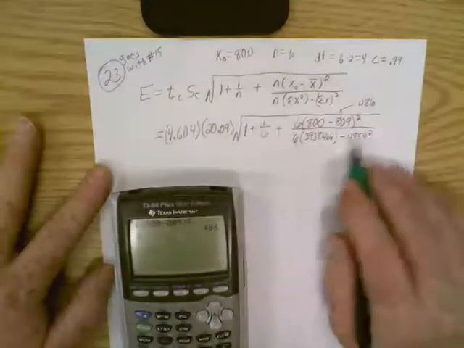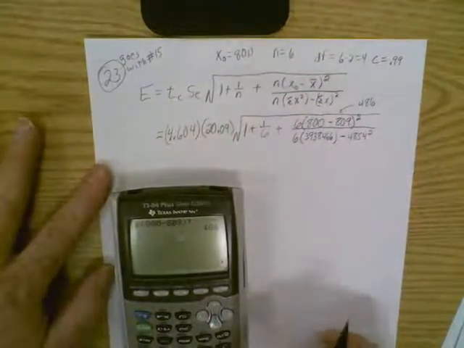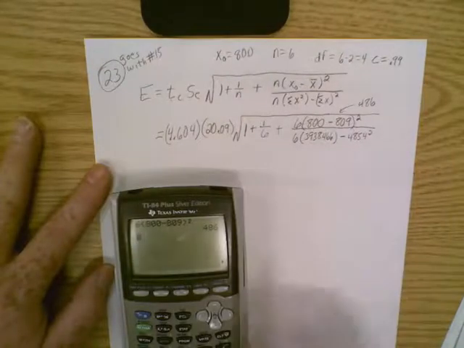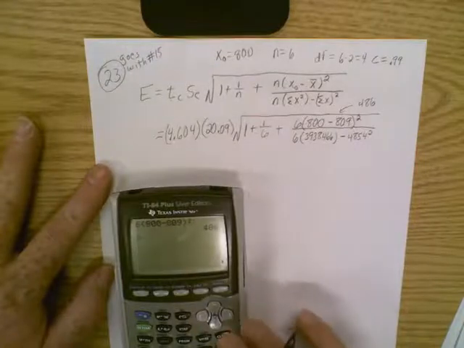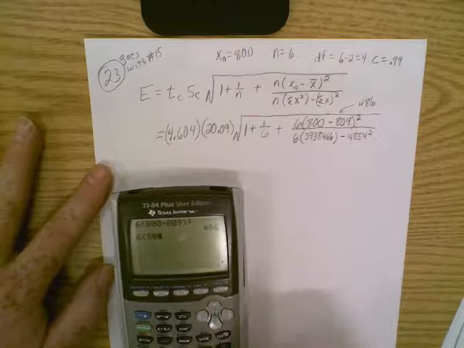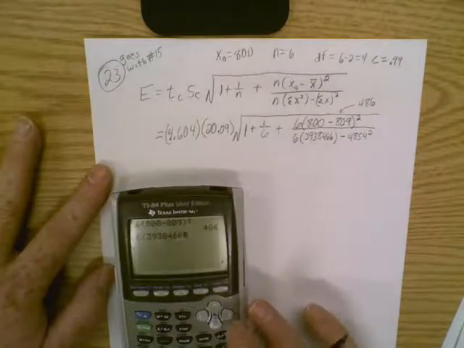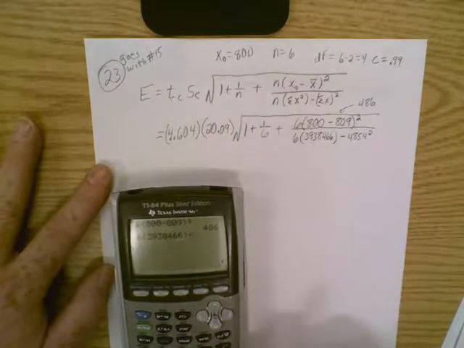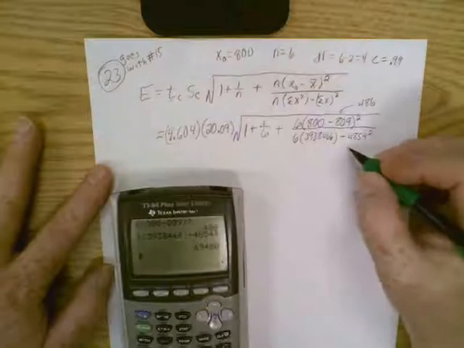Then I'm going to do all the bottom, and you could plug it in just like it is right there also. As a matter of fact, well, maybe I won't do that. I was going to say you could just hit divided by and then do it, but let's do it separately. 6 parenthesis 39 38 4 66, close the parenthesis, minus 4854 squared, hit equals, and this whole bottom part here ends up being